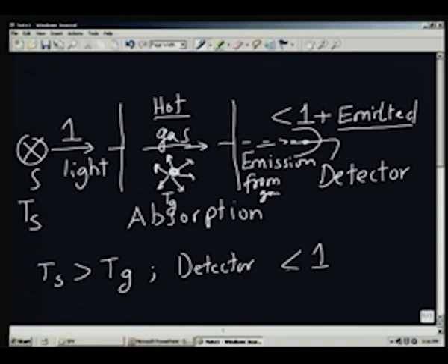So, the detector will still detect something less than the amount which is leaving the source, which I call as 1. If Ts is less than Tg,